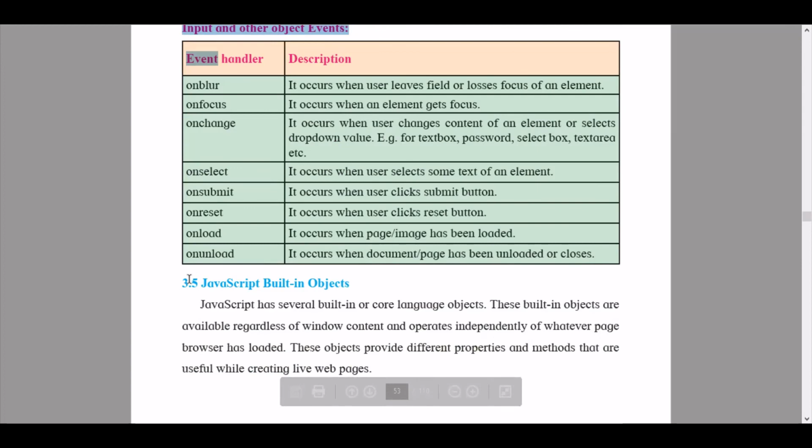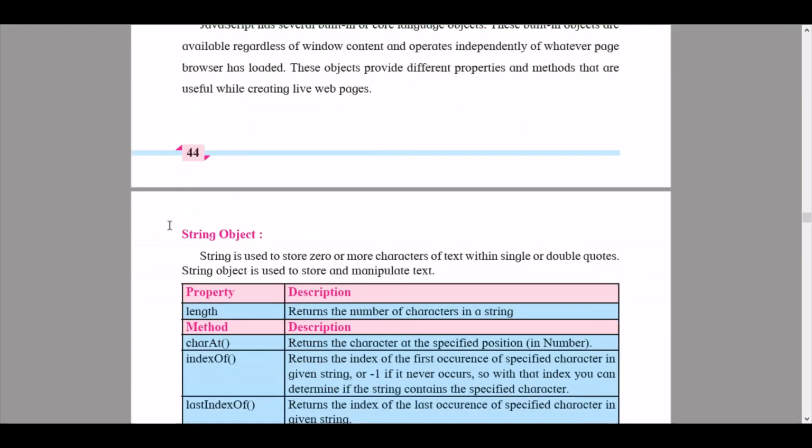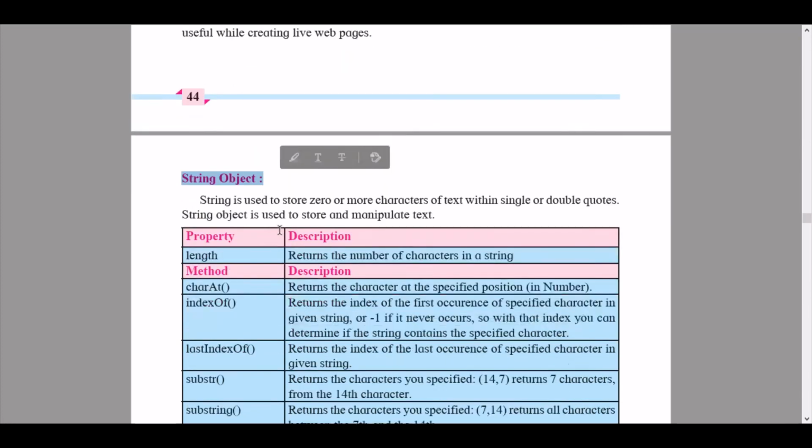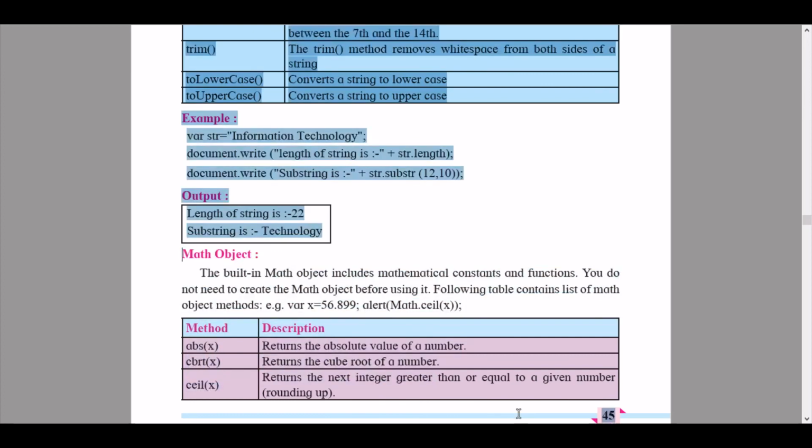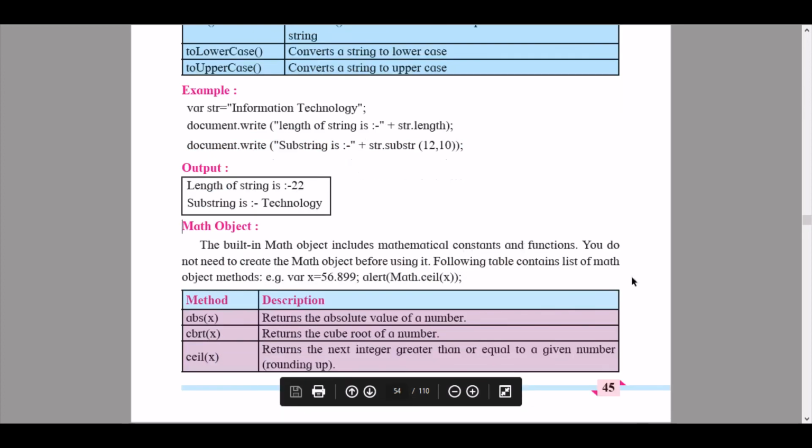Then we continue to 3.5, JavaScript built-in objects. We need to learn this as well, and the string object. So we have to do from the window object till this point, because after this almost everything has been omitted for students appearing for boards, for the year 2020 to 2021.